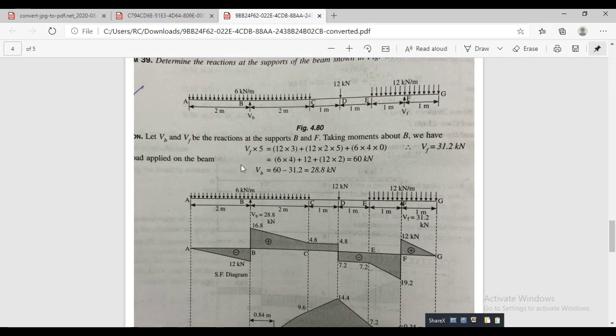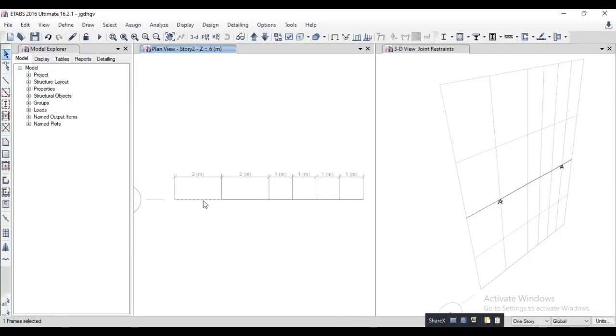Afterwards we will go for loading. The loading values are 6 kilonewton, 12 and 12 kilonewton. The 6 kilonewton acts over 2 meter, 2 meter, and 1 meter, 1 meter, then 6 kilonewton.